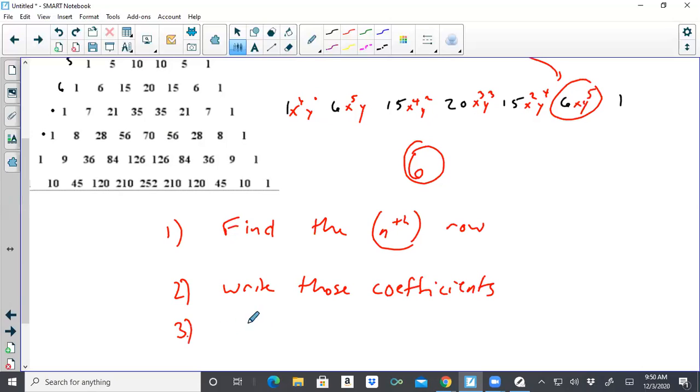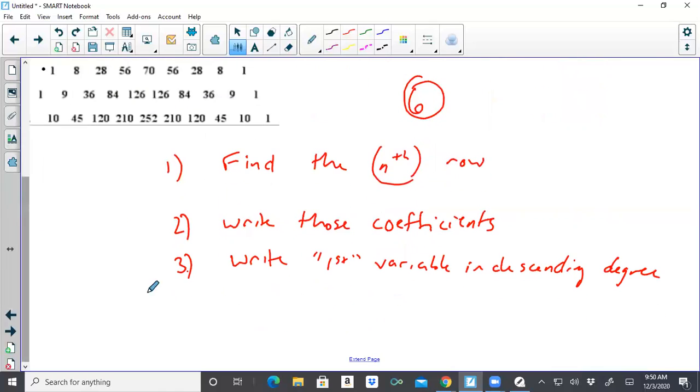Then the next step is you write, I guess we will call it the first variable, in descending degree. So you write your first variable in your descending degree, and then you write the second variable